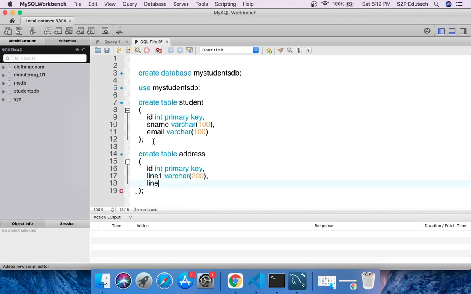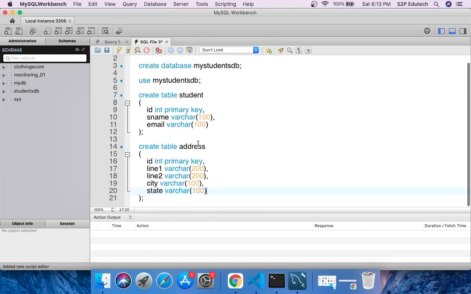Then I'll have line 2, again varchar of 200 characters max. Then I'll have city, right, which would again be varchar of, say, 100 characters max. And I'll have another state, again varchar of 100 characters max. Right, that is what I am trying to do as of now.